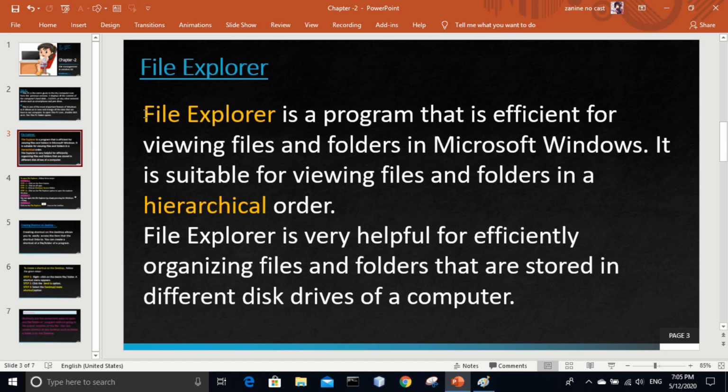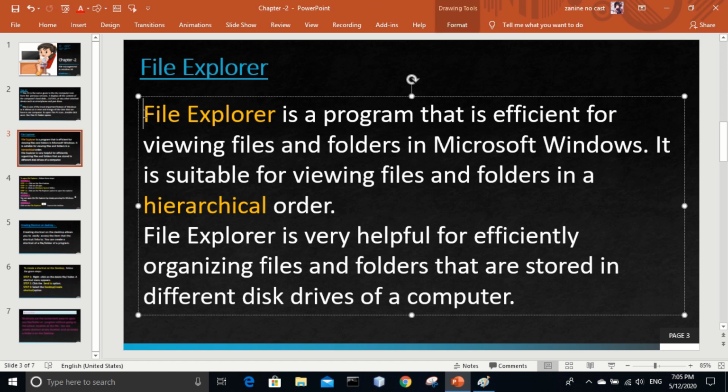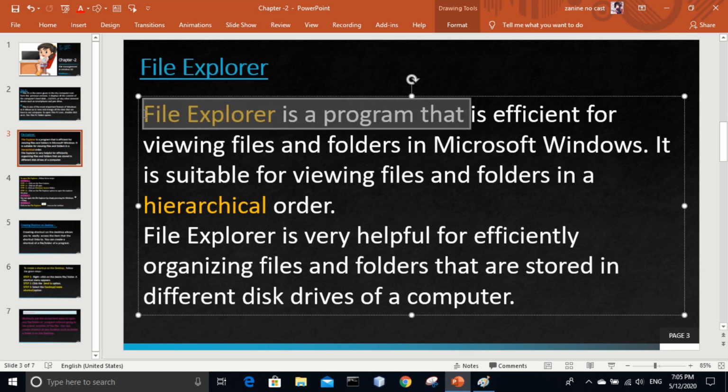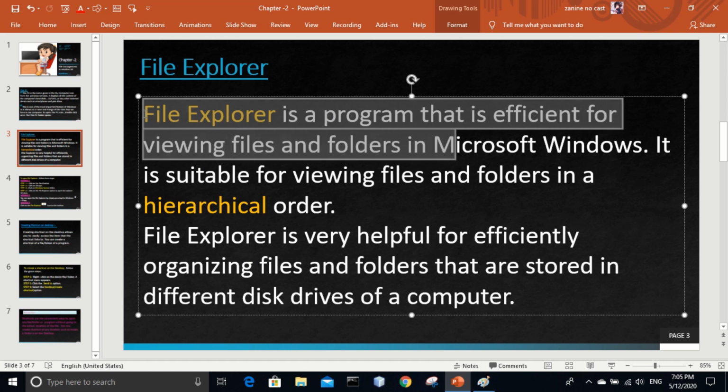So what is This PC? What is File Explorer? File Explorer is a program that is efficient for viewing files and folders in Microsoft Windows. Are you able to understand?